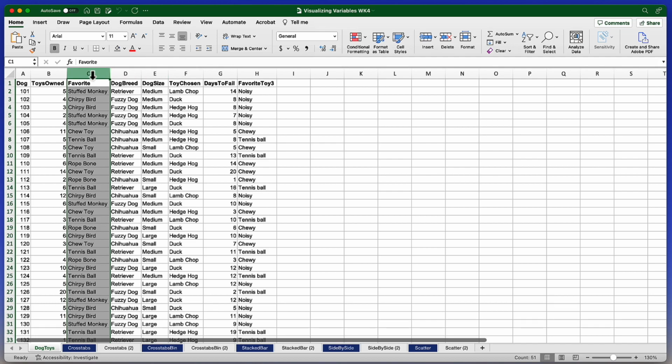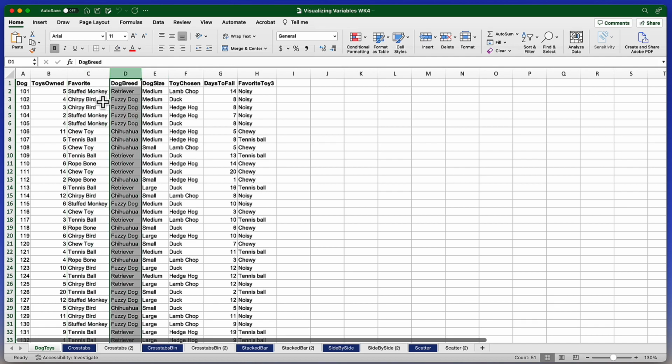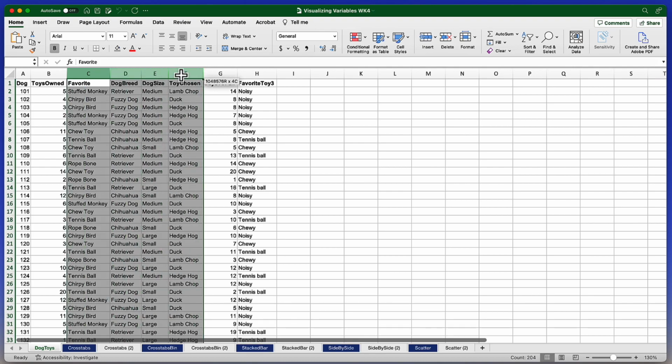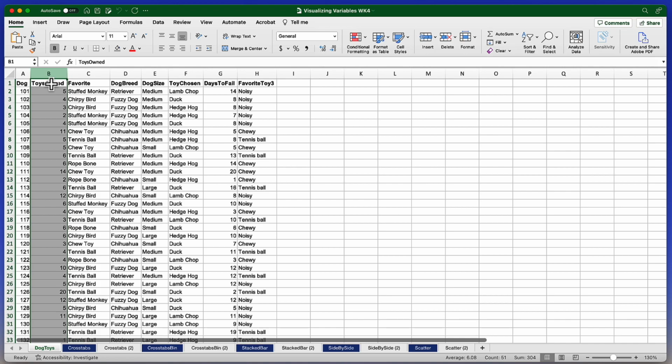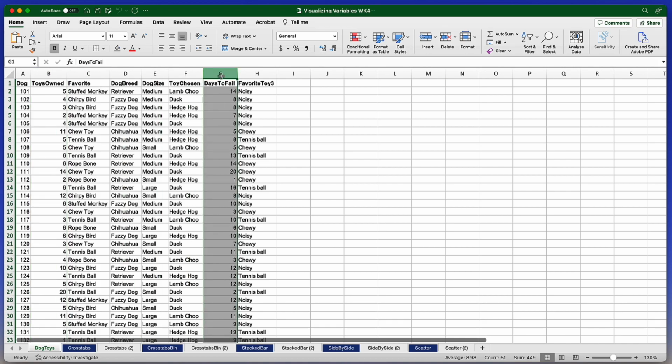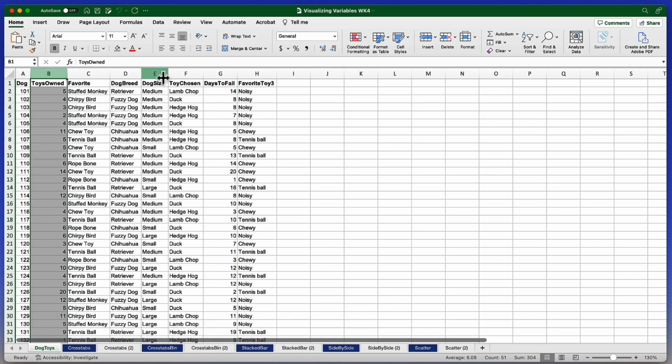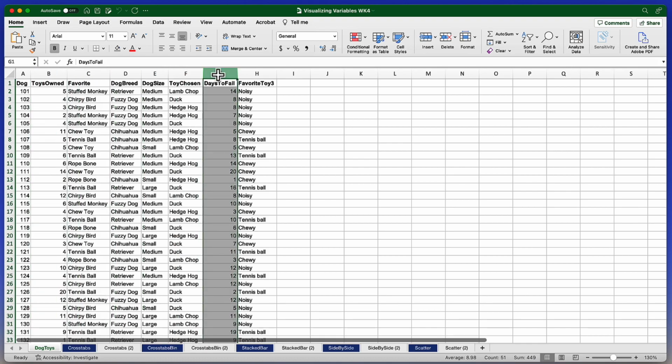Many of them are like favorite toy or dog breed categorical variables, and these cannot be used for a scatter plot. However, we do have two scale level variables, the first being number of toys owned, and the second being days to fail. We're going to use both of these continuous variables for our scatter plot. And the research question that we can answer using these two scale variables in the form of a scatter plot: